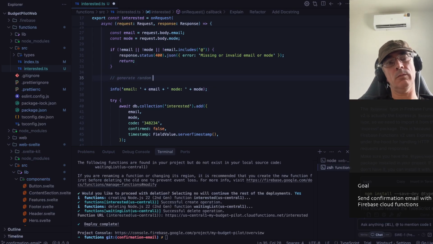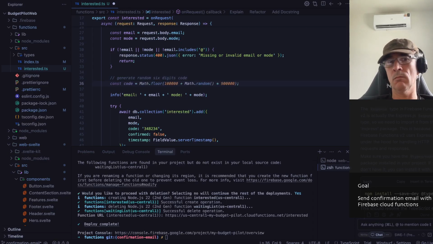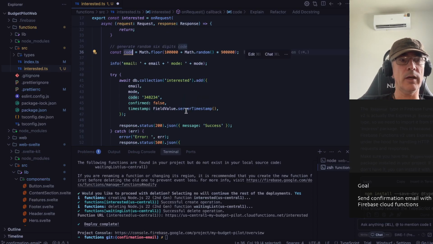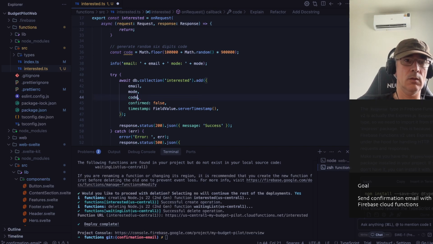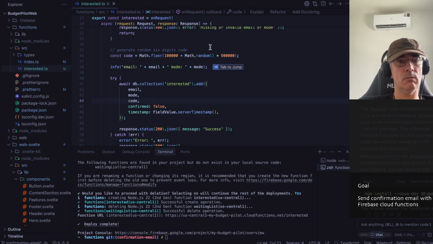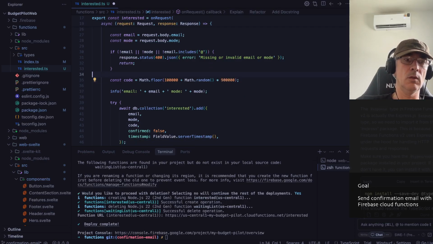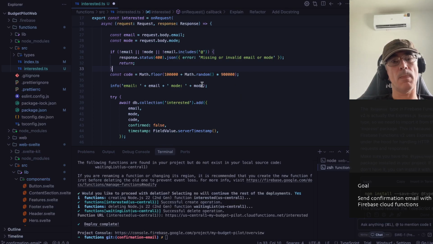Generate random 6 digits code. It says it's not used. Yeah. Okay, I like that it starts from 100,000, so we don't need to prepend it with 0. Just put it here. Let's add the code in the